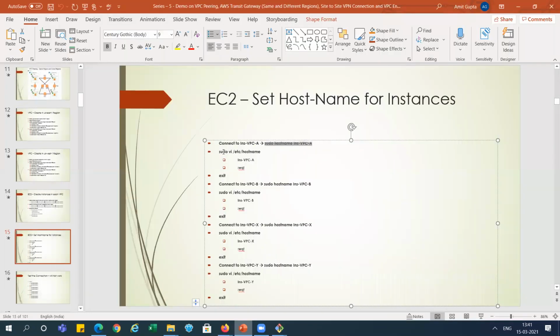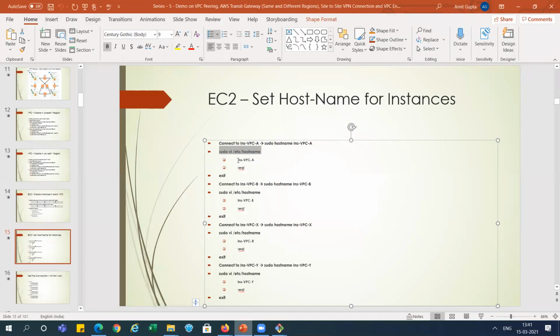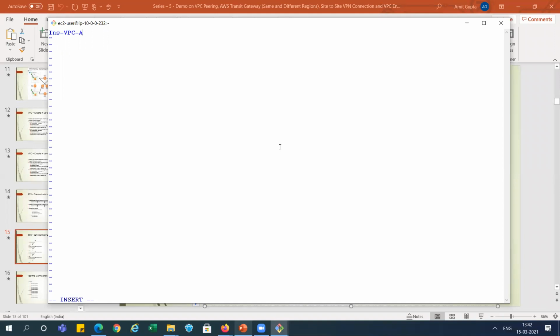And I'm changing the hostname file also, and I'm removing the old name. And I'm giving the name INS VPCA, so we can know that this is our VPCA instance, right?